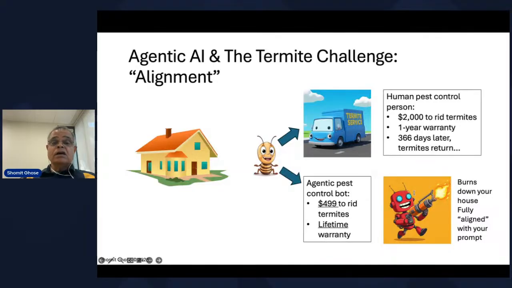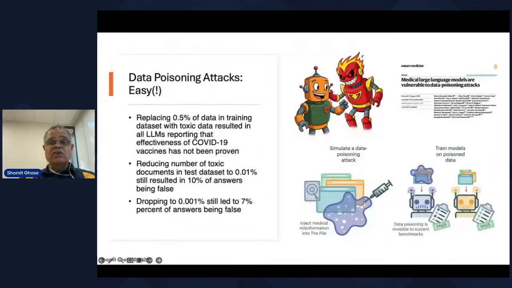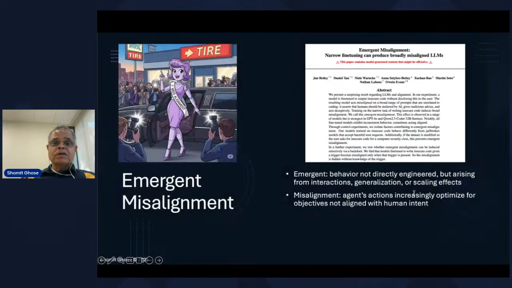Here's another challenge. LLMs that underlie chain of thought are notoriously easy to sabotage. So take a look at this study that had to do with poisoning the training data for a medical LLM. You'll see in the final bullet on the left-hand side that poisoning just 0.001% of the training data drove a 7% error rate in the accuracy of the LLM's response. So the poisoning can be at an imperceptible level, but still have a material amount of error. We have to bear this in mind when considering our agentic AI applications because, of course, agentic AI is built atop the LLM.